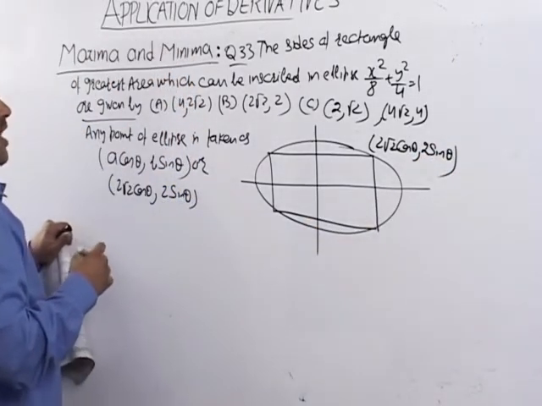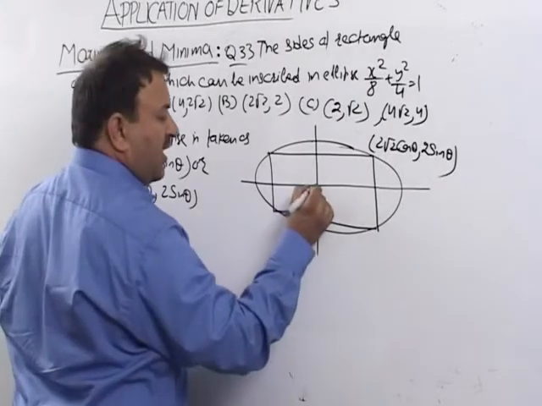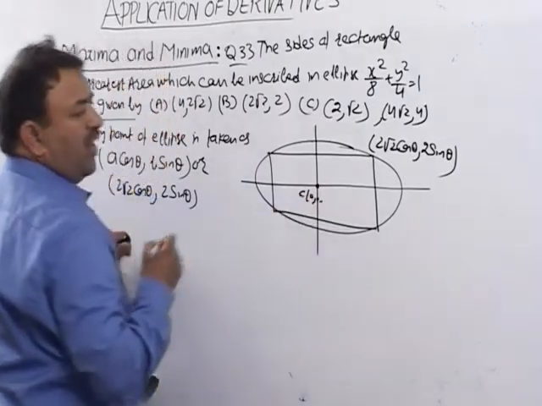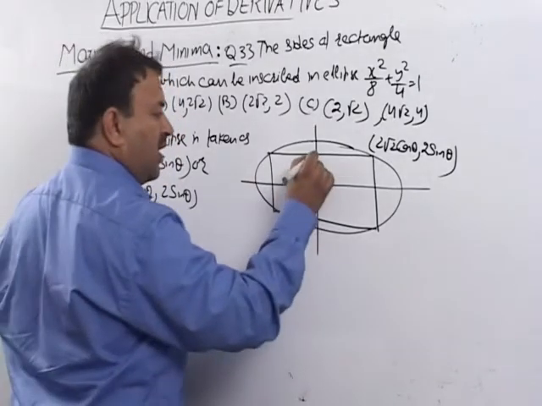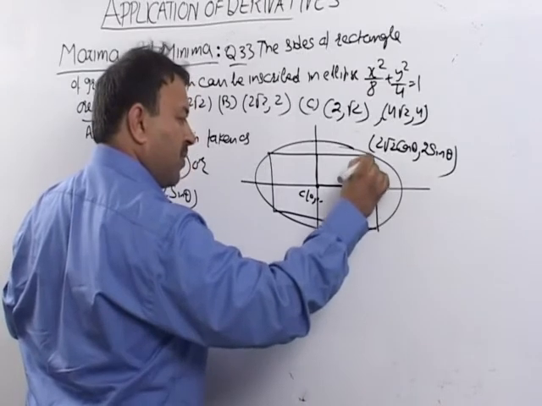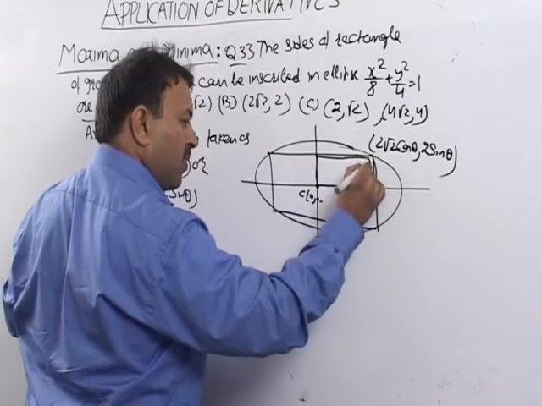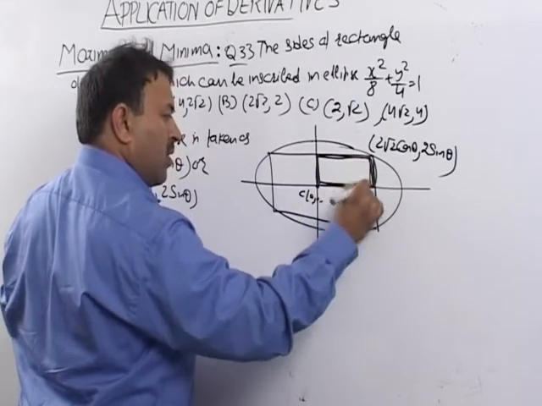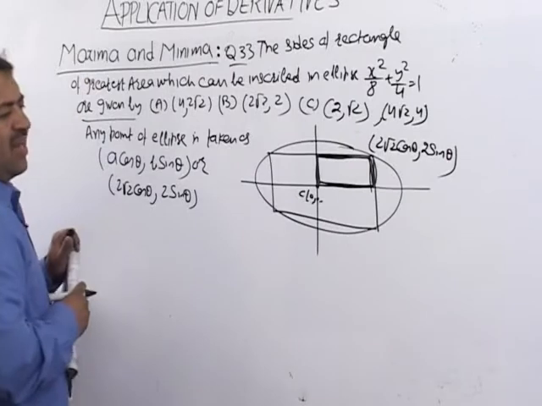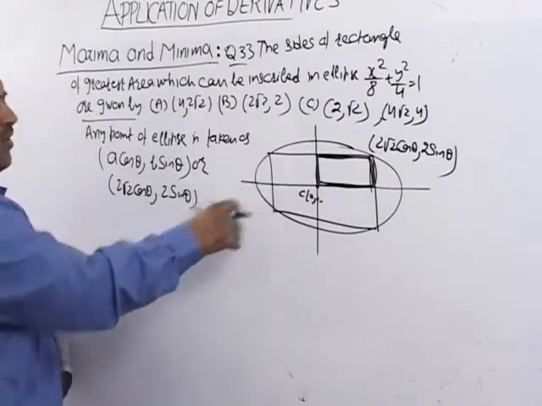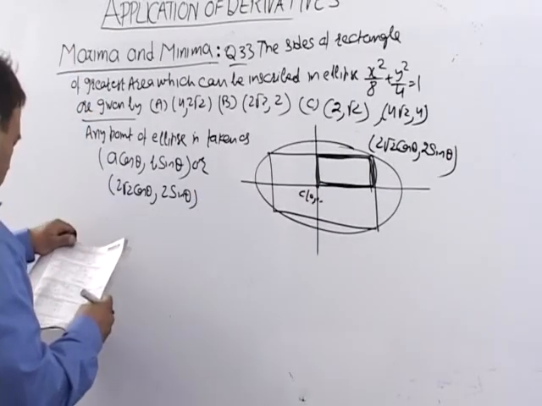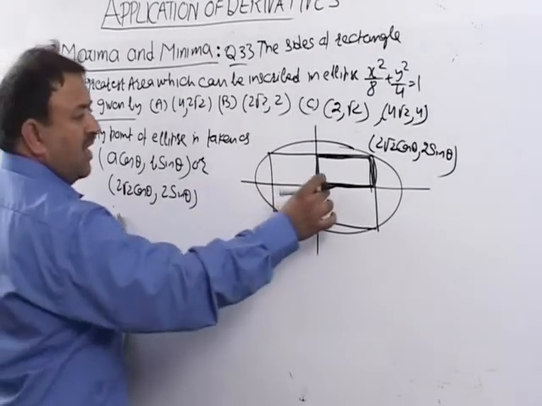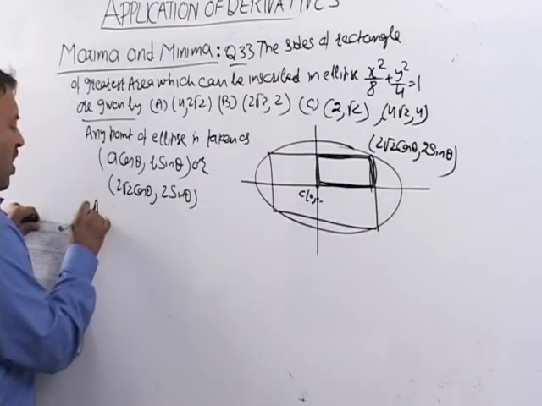This comes out to be the sides of a rectangle. So which means I take the center at the origin. Suppose this is the rectangle. I find the area of this rectangle by multiplying by 4, so the area will come out to be this one. This is center 0 0 obviously, and then the area of the rectangle.